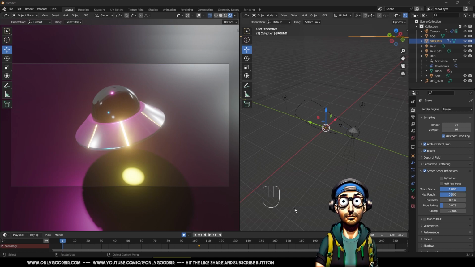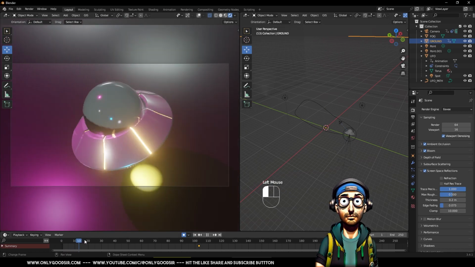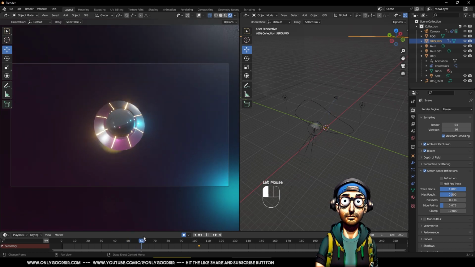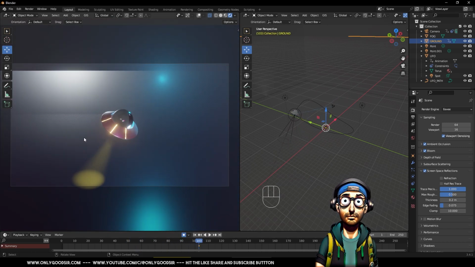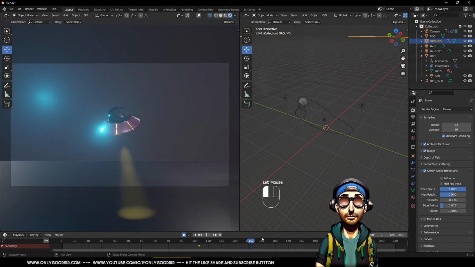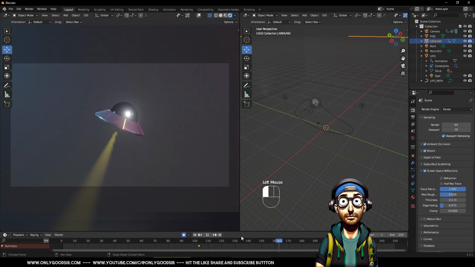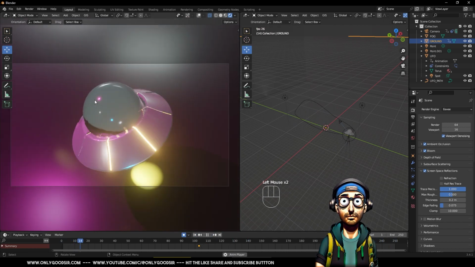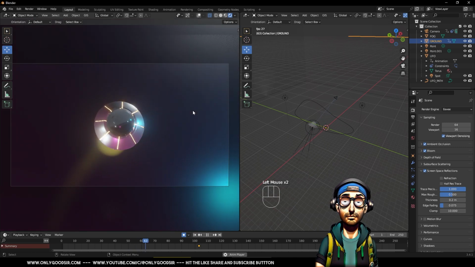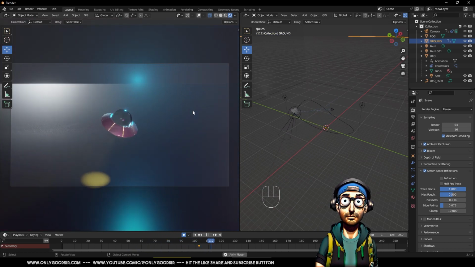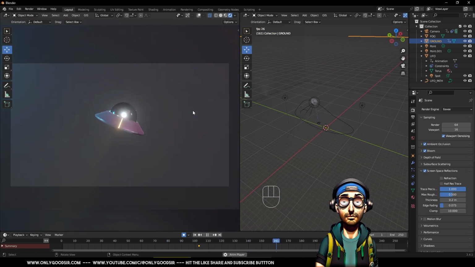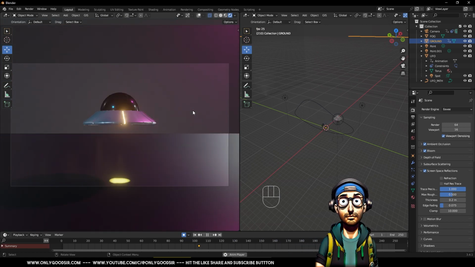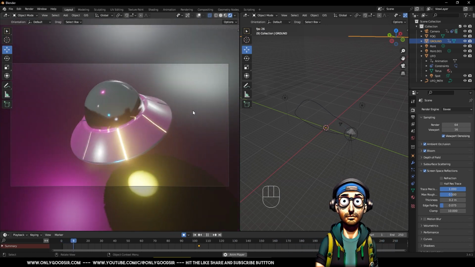Okay, so in this tutorial we'll be creating something like this. We'll be modeling, animating, and lighting our scene. We'll have some cameras and we'll create this nice looping animation of this UFO spaceship. It's great for beginners, we get to touch a little bit of everything, make some nice basic materials, nice shiny